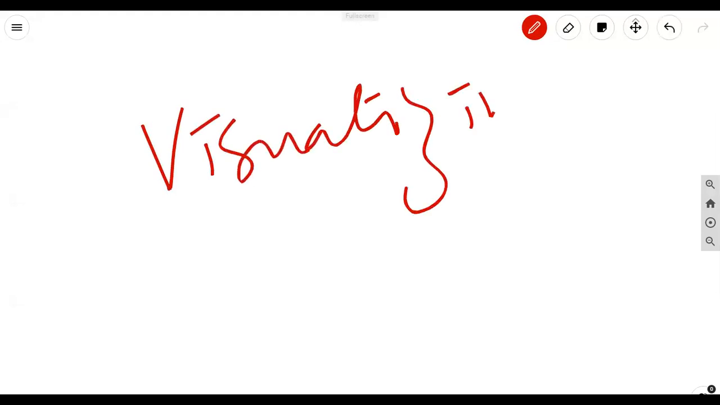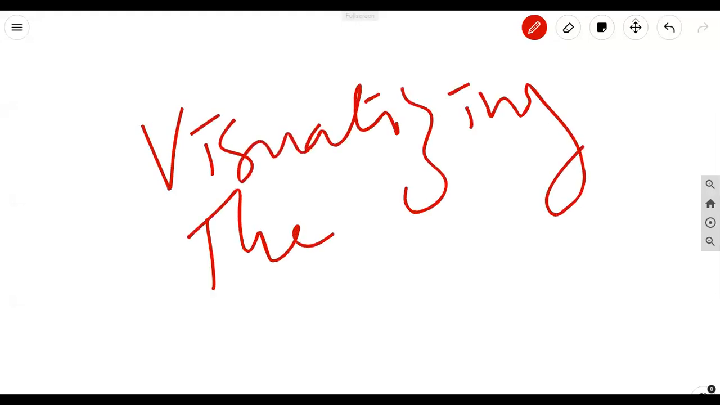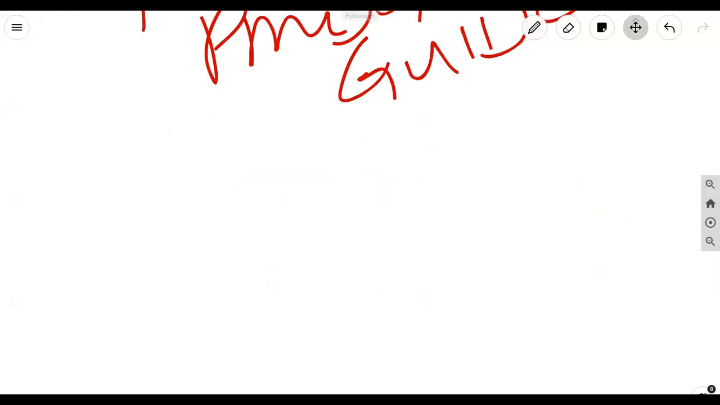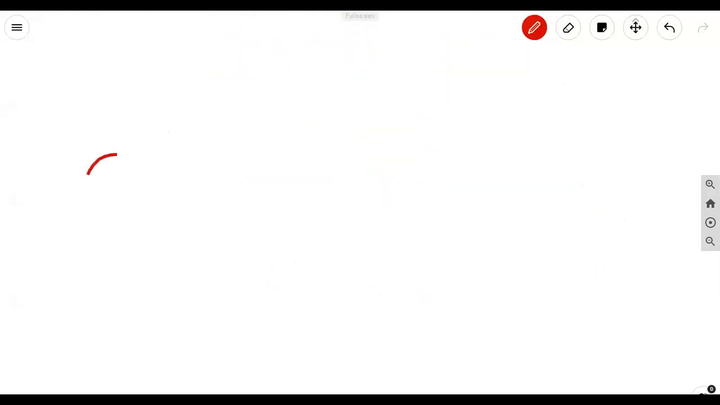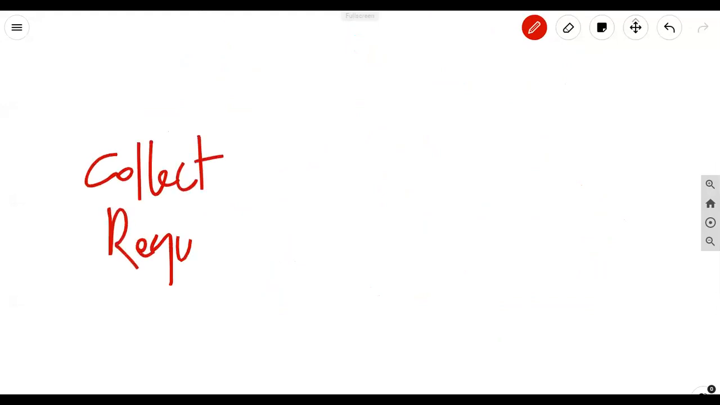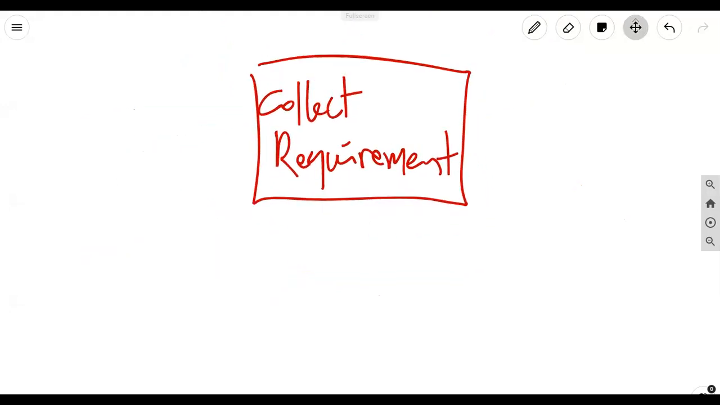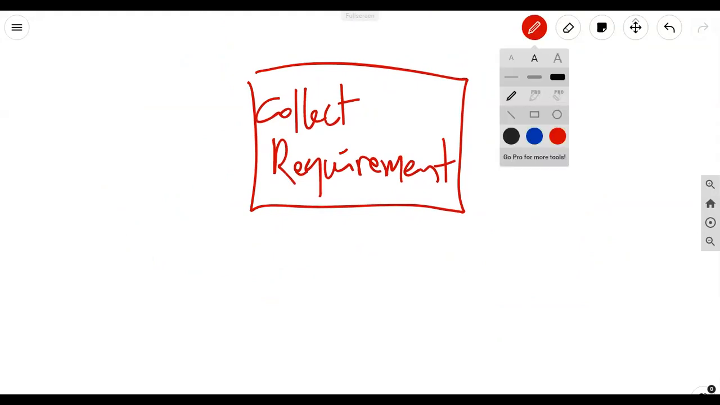We're going to visualize the PMBOK Guide today by taking a look at a process in Chapter 5. We're going to take a look at the process known as Collect Requirements. Collect Requirements is the second process in scope. But to understand any process in the PMBOK Guide, I would advise you to follow my system that